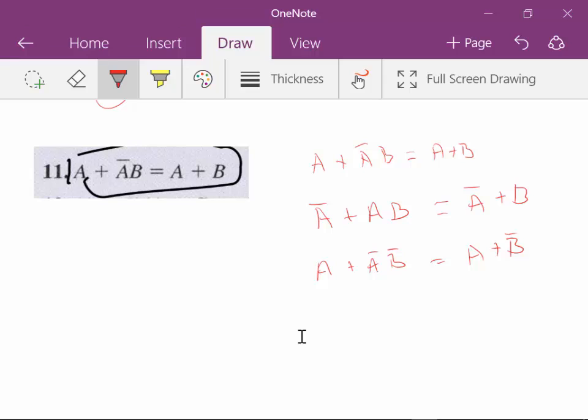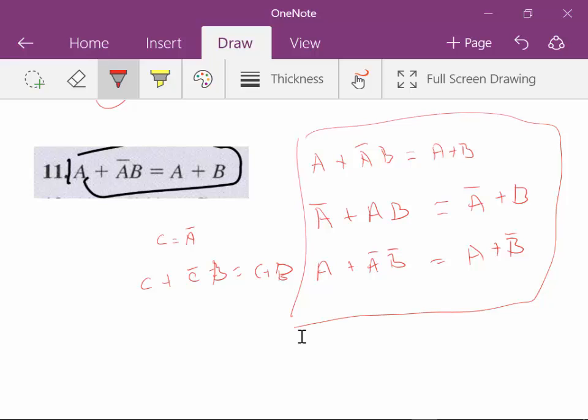By inverting this, I could do that by creating a new variable. In this case, I could say C is equal to A not, and then write the rule as C plus C not times B is equal to C plus B, right? Again, I'm just doing substitution and using the same rule. So when we look at this rule, you see there are three different forms of this rule. The book only mentions